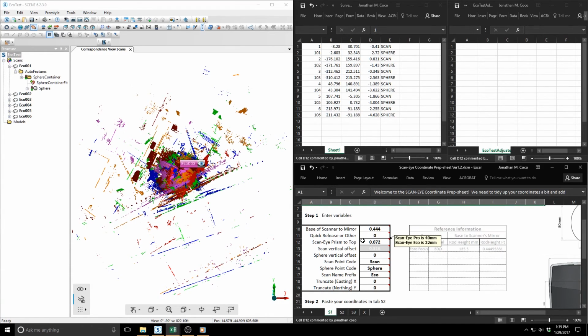The ScanEye prism to top is the vertical distance from the center of the prism to the top of the adapter. For the ScanEye Pro this distance is 40 mm, and for the Eco adapter it is 22 mm or 0.072 feet. The next number is not a variable, but simply a sum of the above values, which will be used to modify the Z height of the adapter coordinate so that it is now at the height of the